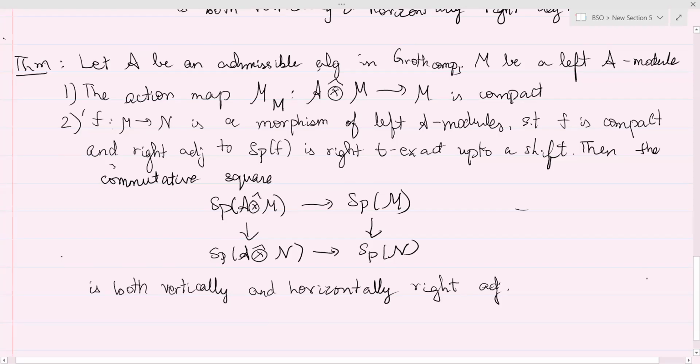And the proof is really, since we know this about almost rigid algebras from last time,